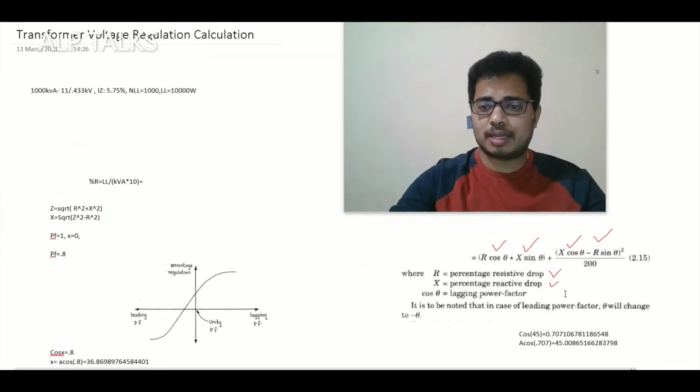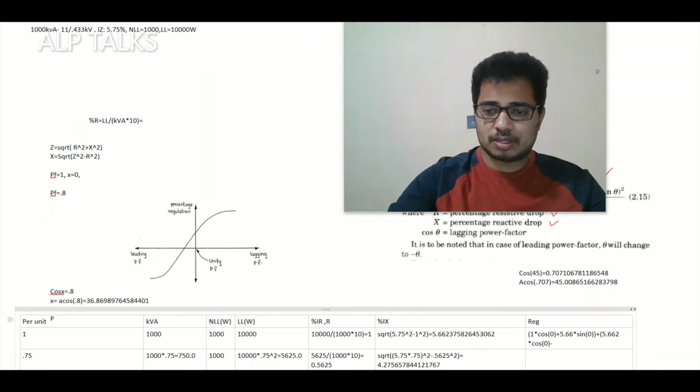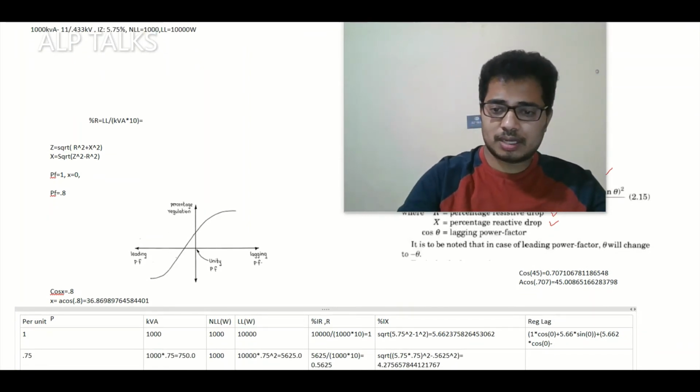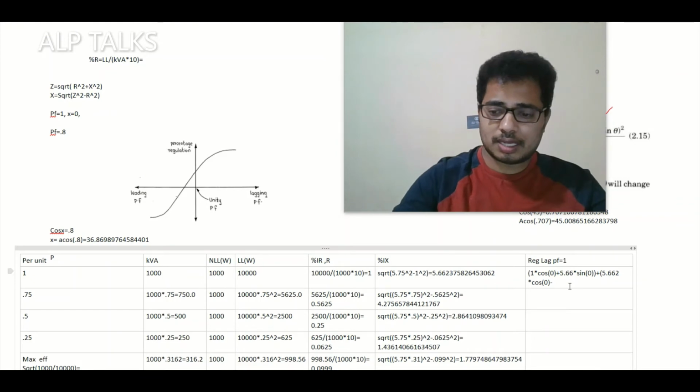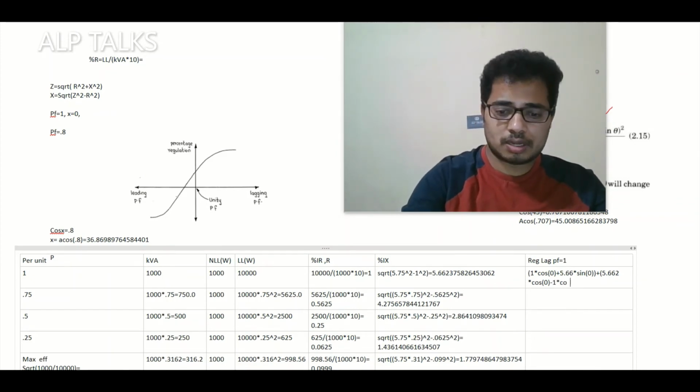Here we have minus symbol for lagging power factor. You can see it here. So it is for leading power factor, the symbol is negative. So I am calculating it for lagging power factor, also for unity I am just calculating here. So 1 minus cos theta x cos theta or sin theta. R is nothing but 1, sin theta, sorry, here cos theta will come.